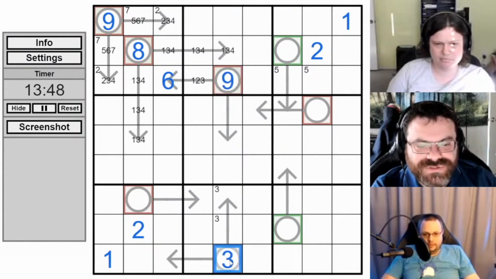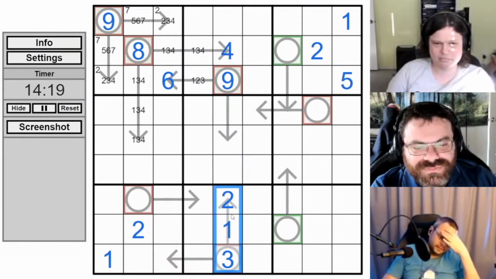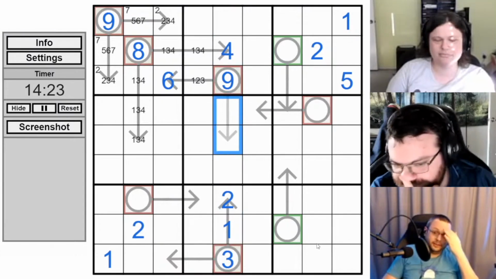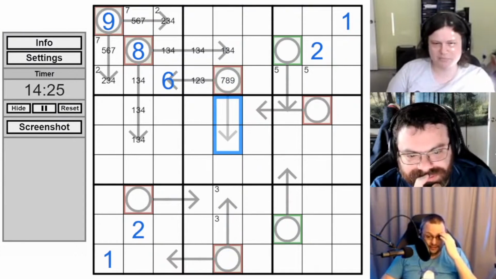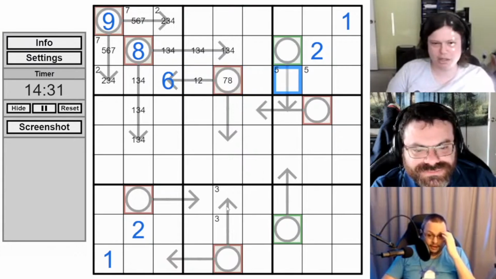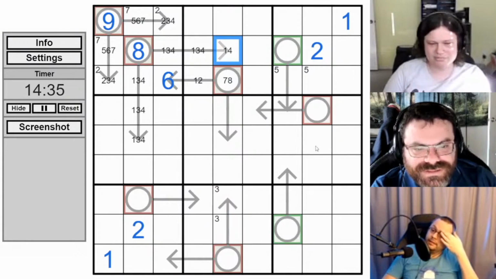If this were 9, that would put a 3 here. This would be 1, 2. Here's why 9's impossible. 1, 2, 3 places a 4 here, and now this can't enter 9 anymore. 5, 6, yes, good. So it's not obviously not a 9, but if you try, it's definitely not. I think you can find that reasonably quick. So this is not 3.